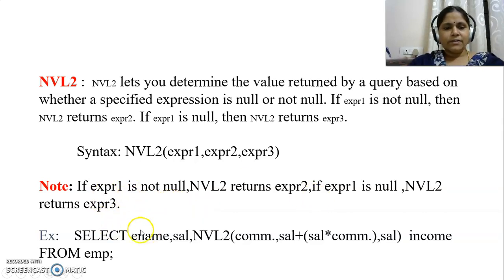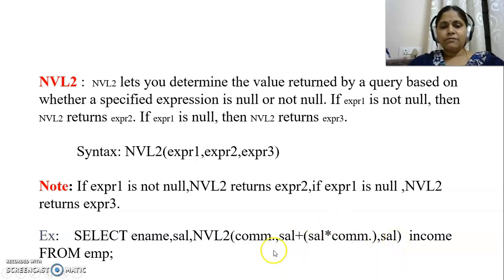For example, select ename comma salary comma NVL2 of commission comma salary plus salary into commission comma salary, as income from EMP. So expression 1 here is commission, expression 2 is salary plus salary into commission, and expression 3 is salary.